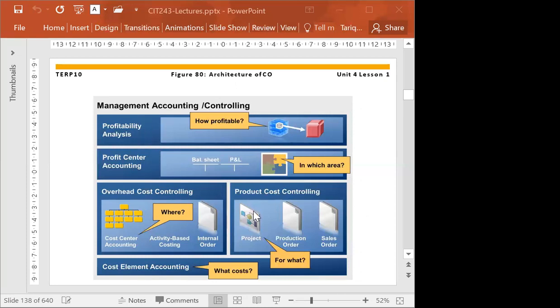And then from there, it gets transferred to profit center accounting, and it gets transferred to profitability analysis. Here, product cost controlling, this is where you are manufacturing the product. It could be a project, any pilot project for manufacturing something, or any production orders, or any sales order. Based on that sales order, you manufacture some items and you sold it. So that revenue or the cost will go to the profit center accounting and to the profitability analysis. I hope I'm able to answer the question.